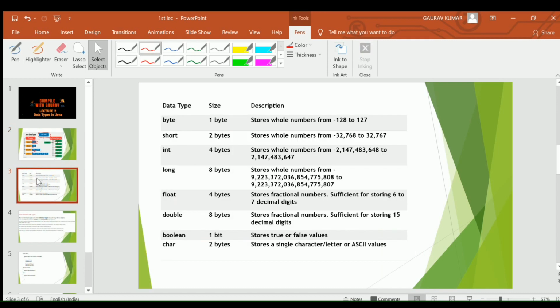Basically, non-primitive data types act as a reference to a method, or they also act as a class. Let's move on. As you know, the primitive data types are of fixed size, such as byte is 1 byte, short is 2 bytes, int is 4 bytes, long is 8 bytes, and so on. You should also remember the sizes of all those data types, basically the table given in this image. So please remember it. It may be asked by the interviewer during your interview.